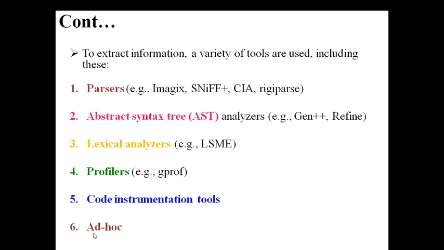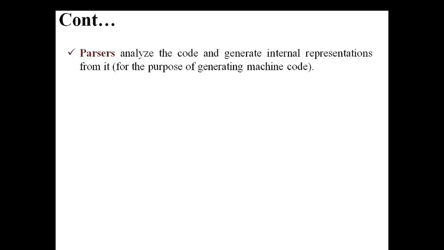Or if you want to use any ad hoc, what does ad hoc mean? Runtime environment. See, whenever there is an execution, we have two types of execution. One is a static execution, one is a dynamic execution. What is static execution? Static is where the value is fixed throughout your program. There is no modification in your code. But whenever there is a need for changes in your code based upon the input given by the user at the time of the execution, okay, they have to be executed. That is called a runtime execution, right? In that case also we have to verify.